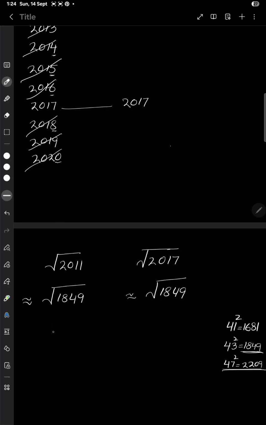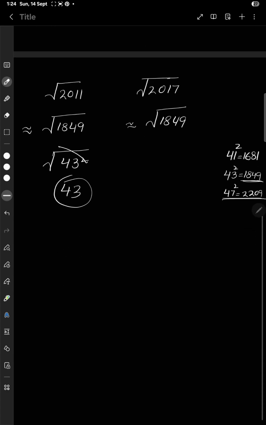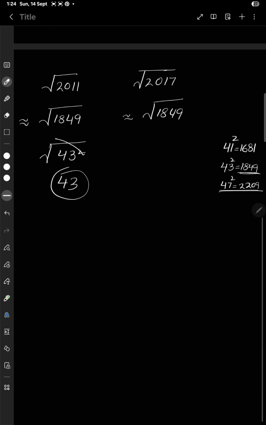1849, right? This is the perfect square of 43, and the square root will remove the square. The answer will be 43. So 43 is a number, and I will divide 2011 and 2017 by all the prime numbers smaller than it. First of all, I have to pen down all those numbers which are up to the number 43. So all prime numbers up to 43 are 2, 3, 5, 7, 11, 13,